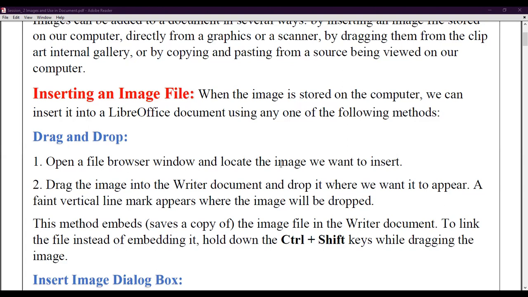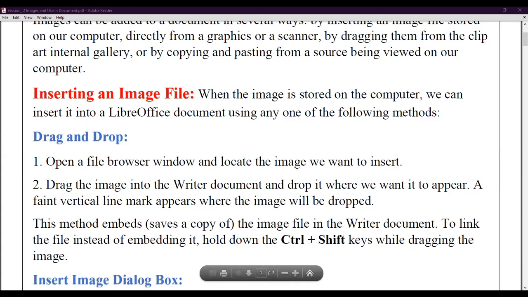Then drag the image into the Writer document and drop it where we want it to appear. So first, open an image, whichever image you want to insert. Then hover your mouse towards your LibreOffice Writer. This method embeds, meaning it saves a copy of the image file in the Writer document. To link the file instead of embedding it, hold down the Control plus Shift keys while dragging the image.